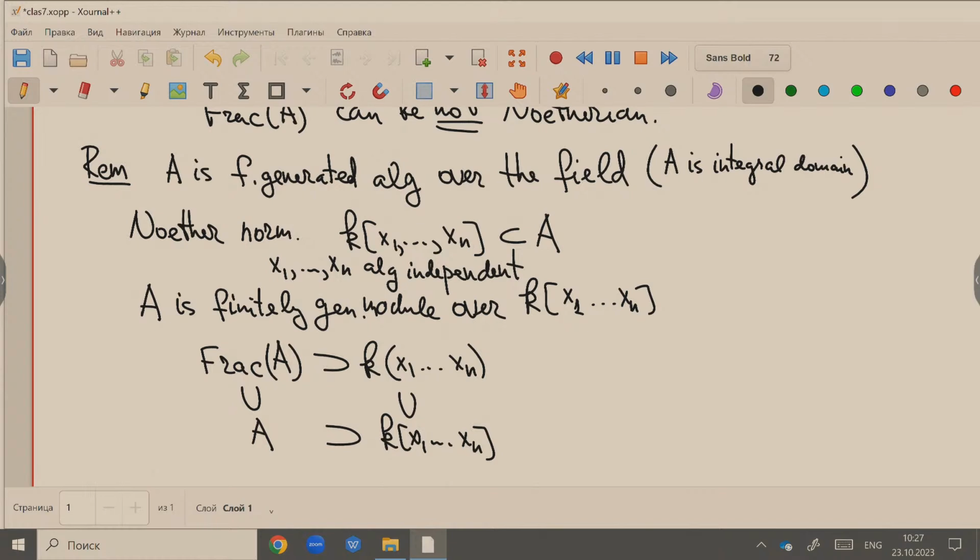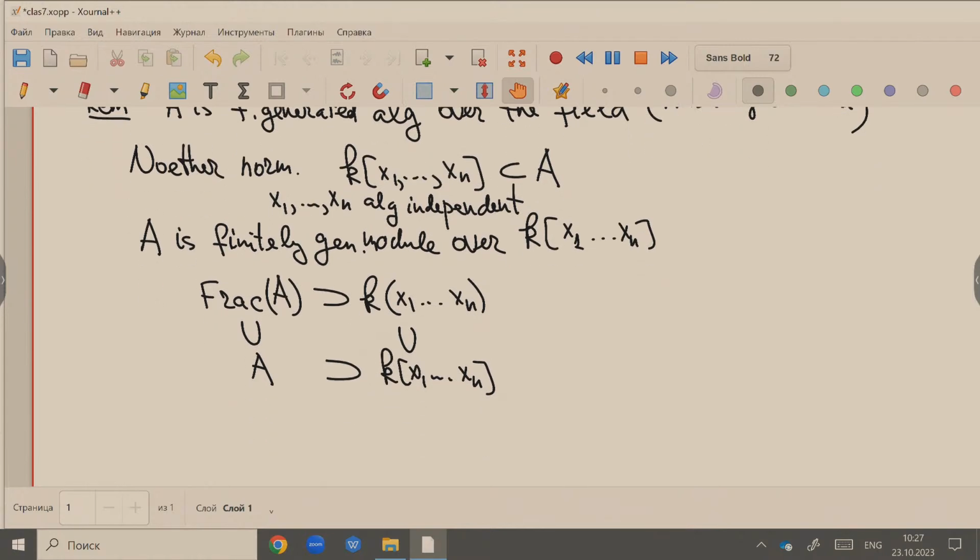So you see that you can take the integral closure of A in the fraction field of A. So you see that the integral elements of the fraction field of A over A